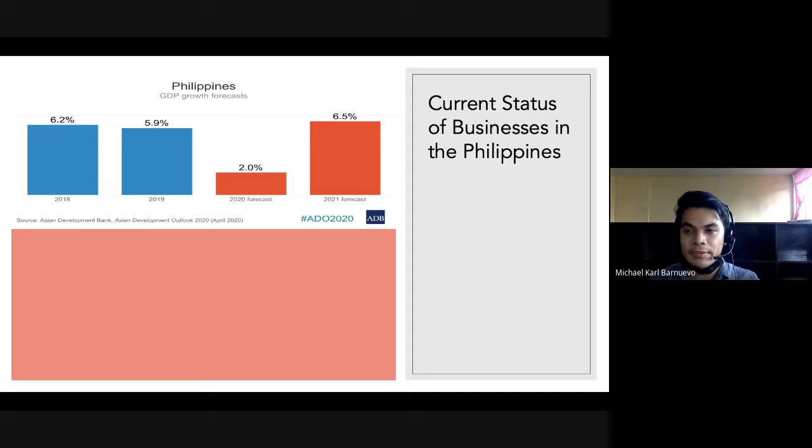Everything nag-shutdown. Everything nag-lockdown. No economic activity. That's why it dropped to 2%. But in 2021, it has been forecasted that it will jump to 6.5%. Bakit kaya? Kasi we are now experiencing the recovery from the 2020 pandemic, which means that many businesses will continue